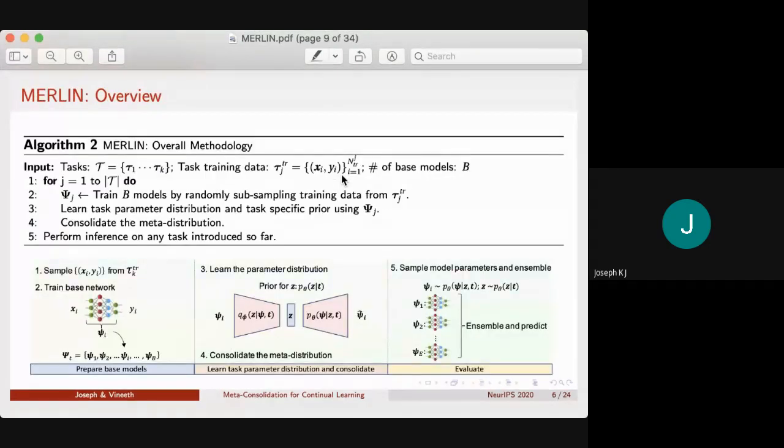So I'll briefly introduce the overall methodology of MERLIN, and I'll probably spend some time explaining each of the individual pieces that you see over here. But initially, let me give you an overview. Concretely, we are trying to solve a classification task over here, and each task contains a few classes that we want to learn incrementally. So in the first step,